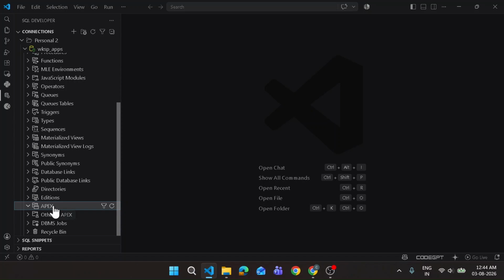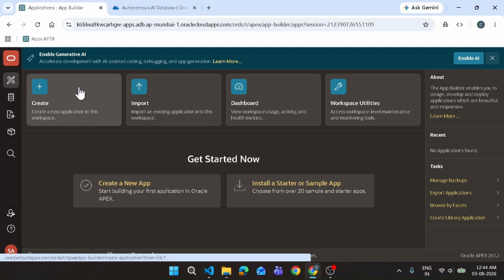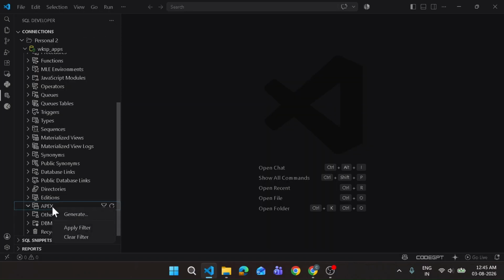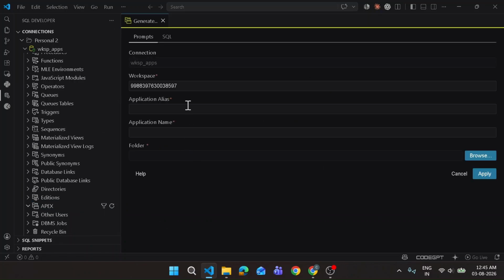Okay. So to generate the application, you can either go and click on create application from here, or you can go to VS Code and right click on this and click on generate. Okay, so when you click on generate, the workspace ID is directly picked from this schema itself. You have to provide an application alias name. Let's say I give the alias name as demo and the application name is demo. Okay, you have to give a folder where you want to save the generated file. So if you click on browse,